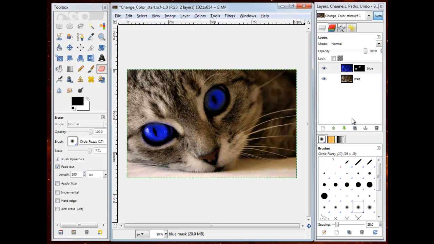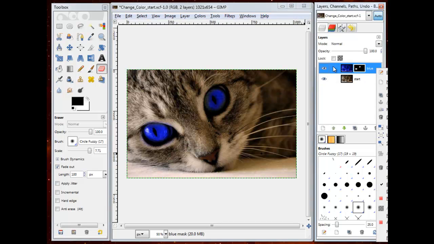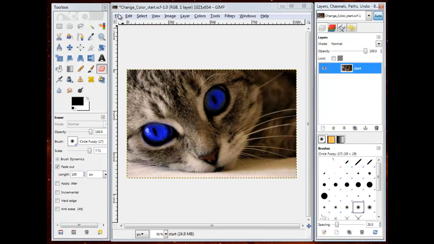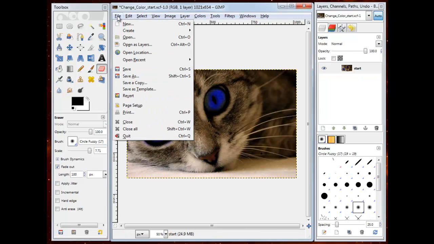Now the last thing to do is to go ahead and flatten the whole image. So I'm going to go ahead and right click again on the layers, and then as I right click on the layer, I can go ahead and select flatten image, and that gives me one image, which I'm then going to save under the file menu, save as,